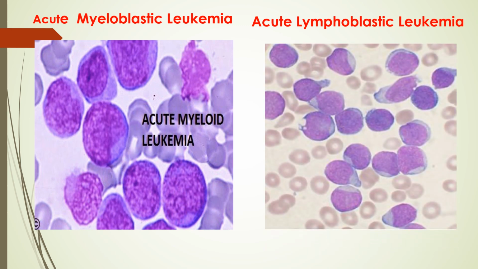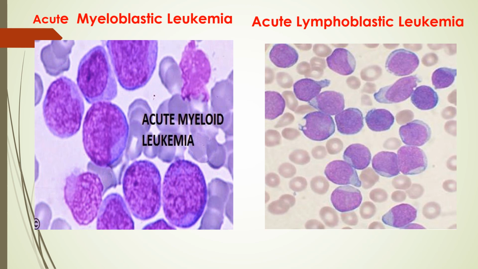This is acute lymphoblastic leukemia. These are also large cells. You can appreciate they usually look like round cells. They have a scanty cytoplasm and they have a big nucleus. The nucleus is occupying nearly the whole of the space of the cell. The nucleus is open, and you can appreciate the nucleus is open in these cells also and in myeloblast cells. So they are the typical cell of the acute leukemia.